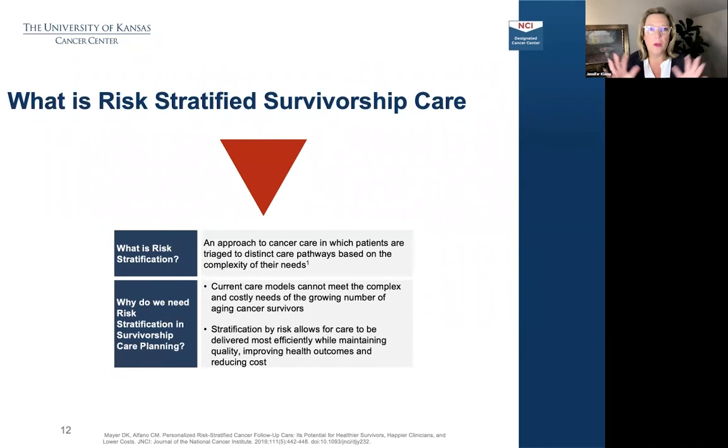So we need to develop, and this is really the key focus of the rest of our discussion, risk stratified care. We cannot deliver one size fits all to everyone. Not only does not everyone need that level of care, but we don't have the bandwidth to deliver that level of care. So we need an approach that allows us to assess the patient's needs and the complexity of their needs. And then how do we put that into practice? How do we use collaborators, shared care partners, and other cancer care team members? And what types of interventions do we have available, or what are those gaps?